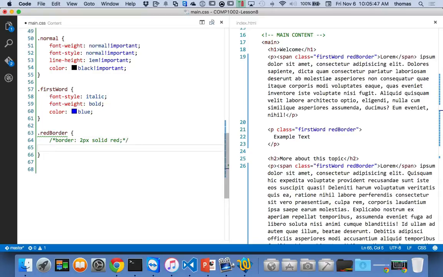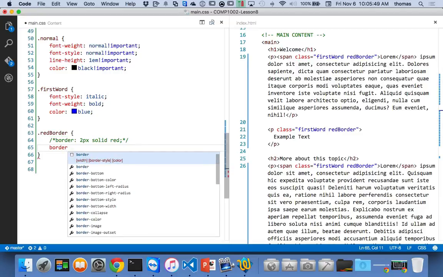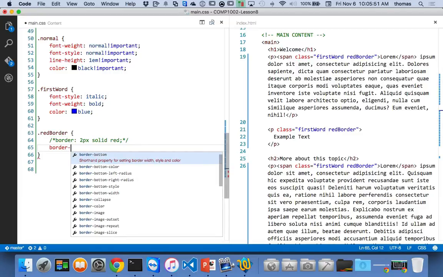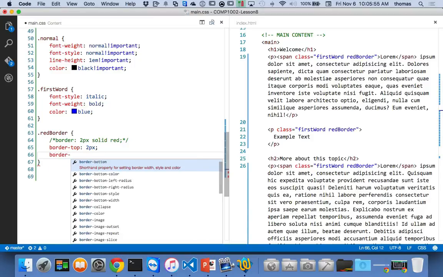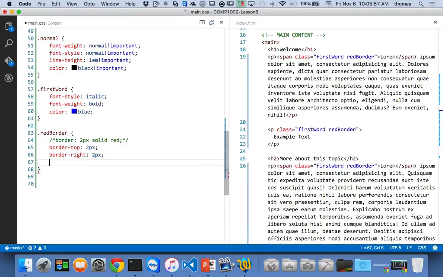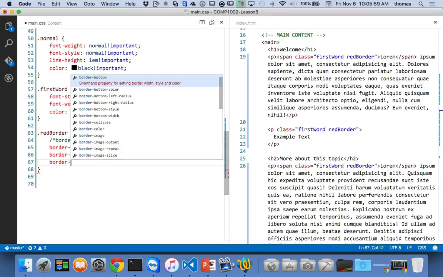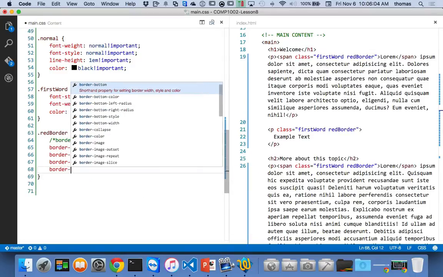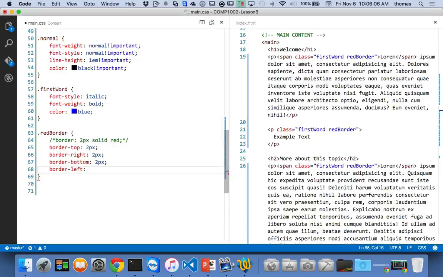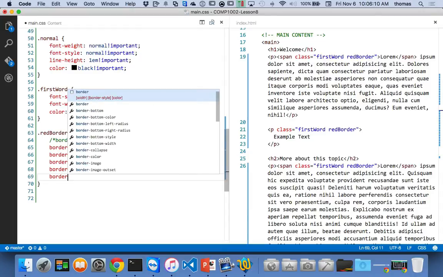This is a shorthand for border-top 2 pixels, border-right 2 pixels, border-bottom 2 pixels, and border-left 2 pixels, and then border-